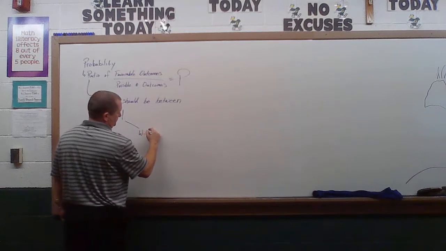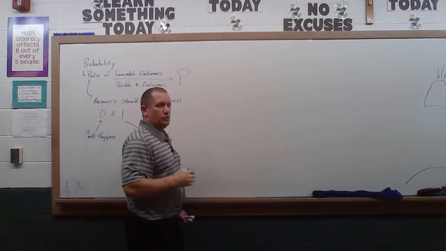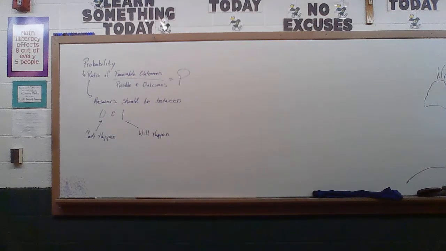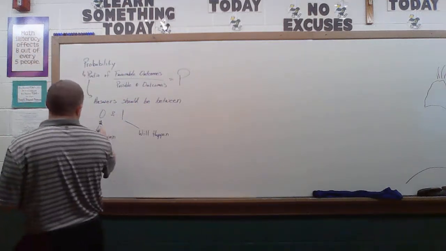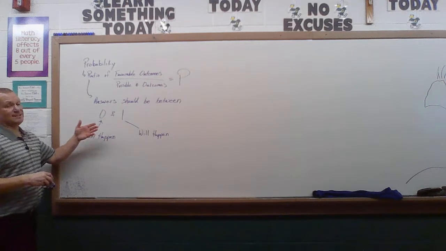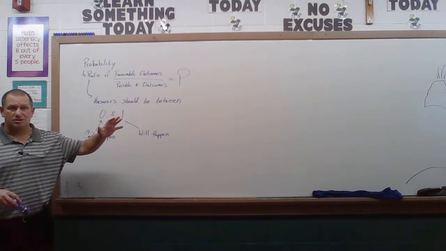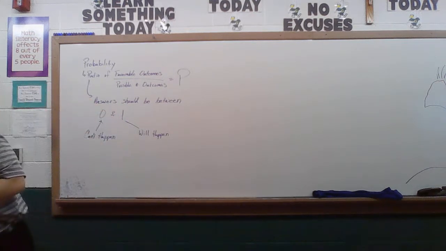This will happen. So with our jelly bean scenario, we would say, what's the probability of me drawing a jelly bean? Well, when I reach my hand in, I'm going to pick one out, right? So the probability is going to happen. All right? So we might have 0, we might have 1. Can I really ever have a probability that's an improper fraction when we're talking about these kind of scenarios? No. Right?